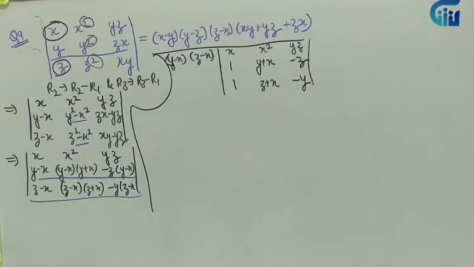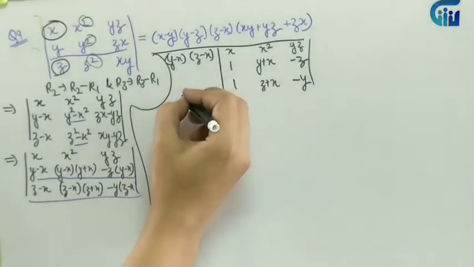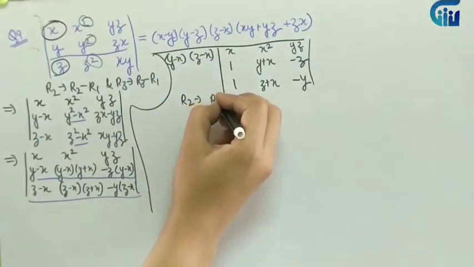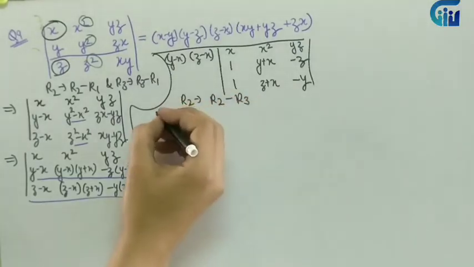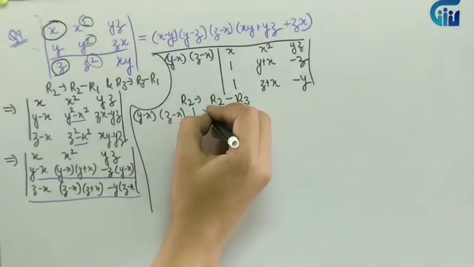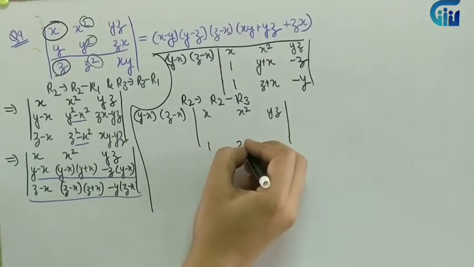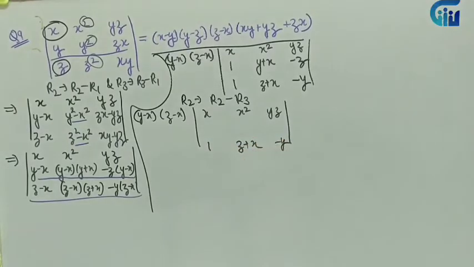Now, what do we observe? We are getting 2 1s. Still we are not getting any 0. So let's see what we have to do further. So now we observe 2 1s are over here. So can I make any one as 0? Yes, surely you are right. I can make either R2 or R3 0. So I'll apply the operation R2 such that R2 minus R3. So the rest of the things will be the same. R3 will be same. Whatever is unchanged, try to write that thing first so that you don't make any mistake.